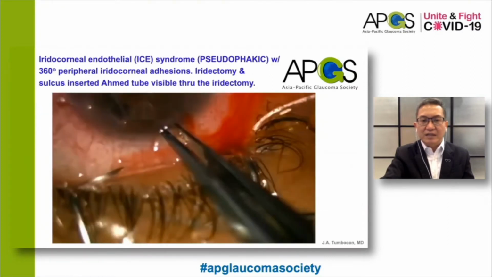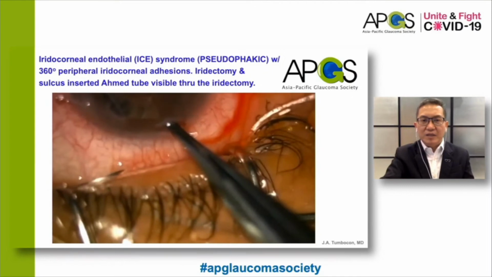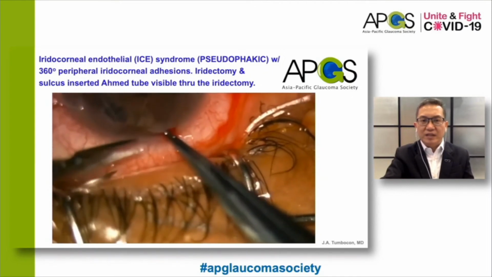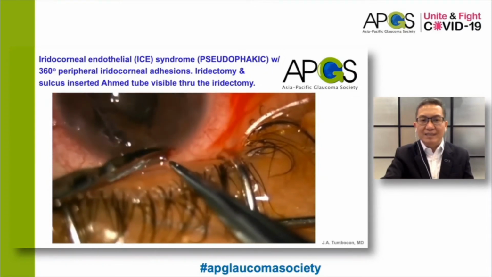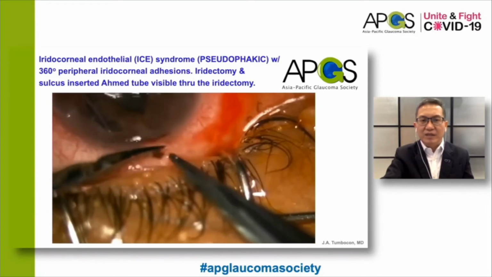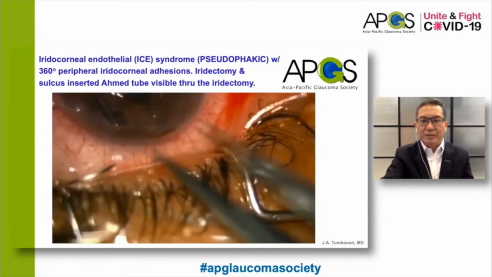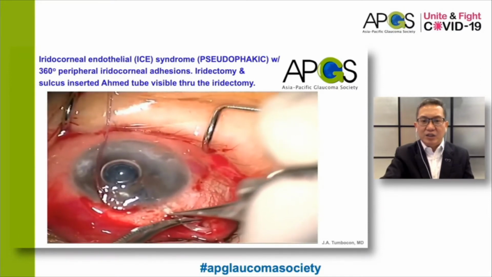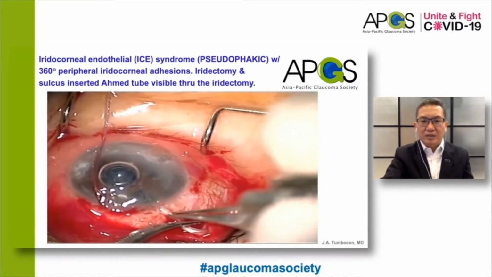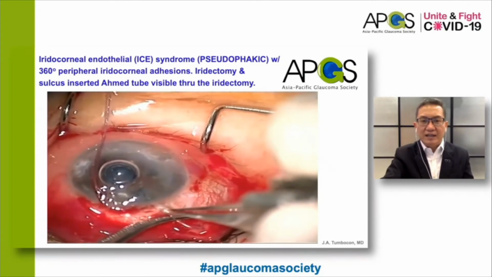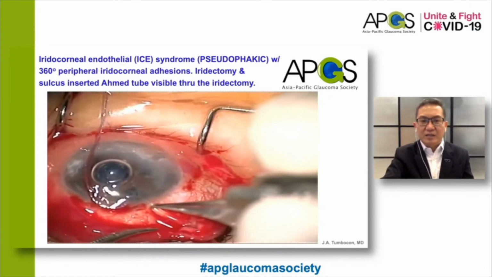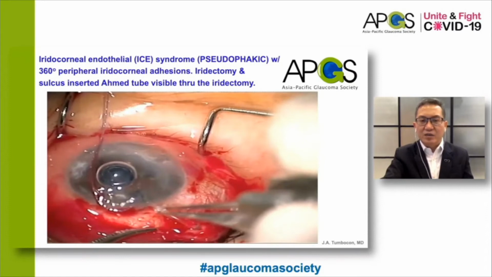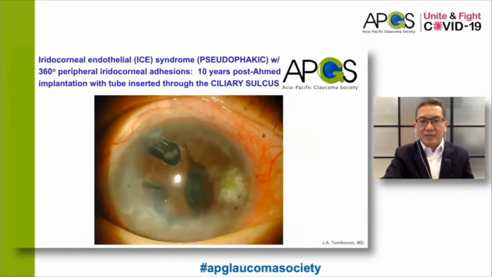So in severe cases of ICE syndrome, I prefer to do a peripheral iridectomy since this removes the scaffold for the proliferating endothelial cells and tissue. If the eye is pseudophakic, I insert the tube through the ciliary sulcus and right at the area of the iridectomy. This will decrease the chance of the tube getting obstructed in the long term. And this is the same eye 9 years after